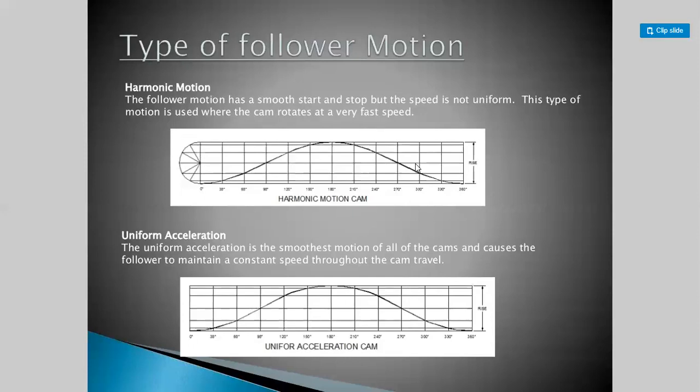So these are the different kinds of follower motion, for which we have to draw the follower diagram, or velocity diagram, during the design of the cam. The different methods to draw the velocity diagram for different kinds of motion we will study later when we design a cam.